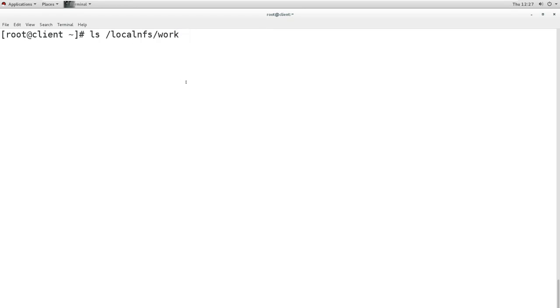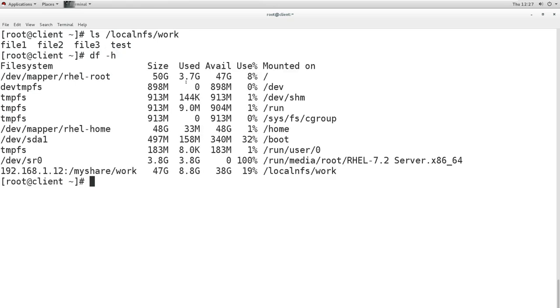Now when you list the directory, that means you are requiring the directory and you are wanting to have the directory, you are going for demand. So when you list it, you have it, and you can see it is now mounted. If you check df -h, you can see it is now mounted. So this NFS share directory is now mounted on this directory. Now why is it mounted? Because I asked for it. I ran the ls command, I tried to list it, and it is mounted. If you try to list it, try to create any file in that directory, or try to change into that directory, it will mount that directory automatically.